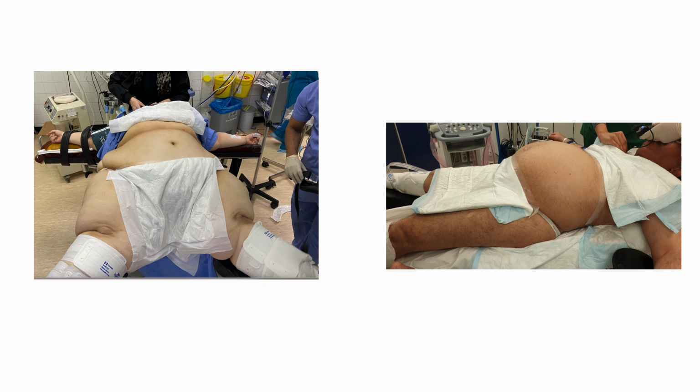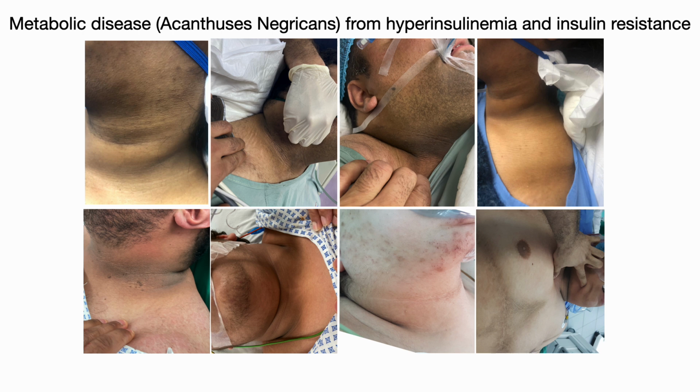To explain it further, we have signals that come from this necrotic fat, or from the release of mediators. When there is chronic inflammation, you release more insulin because you develop what is called insulin resistance, and the hyperinsulinemia is associated with pigmentation within the skin, which is called acanthosis nigricans, and that is what we see in diabetics before they become diabetic. So acanthosis nigricans is a sign of hyperinsulinemia, insulin resistance, and metabolic disease.